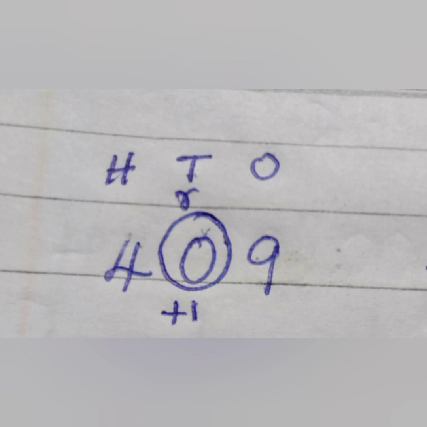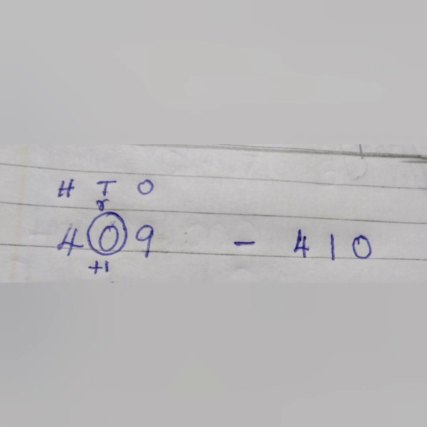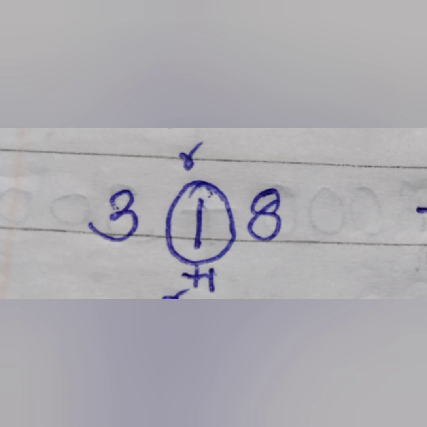409. Look at the digit at right to the rounded digit. It is 9. That is a strong number, as we discussed earlier. So, what we have to do? We are going to move to the next number, that is 0 will be added by 1. So, look at the answer. It is 410. That is 9 is replaced by 0 and then 0 is added with 1. 4 remains the same. So it is 410.